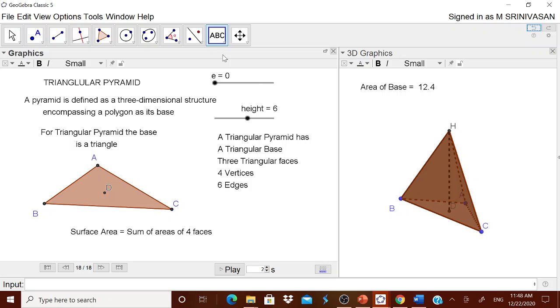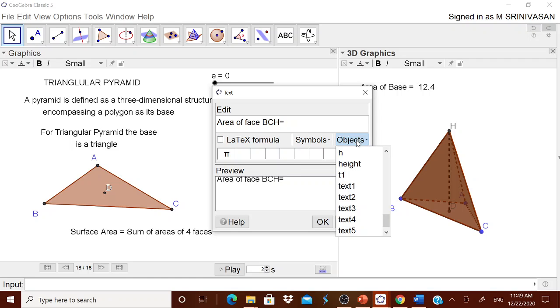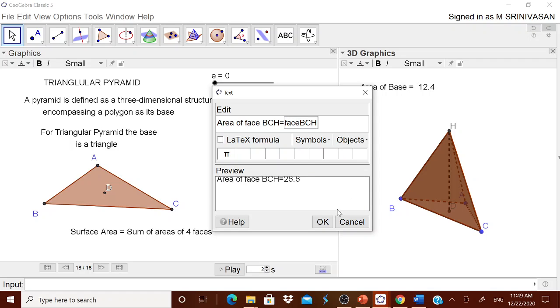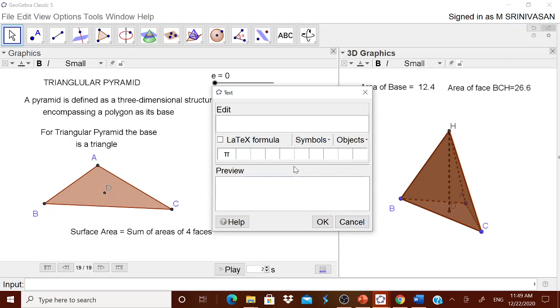Let us go for the area of the face now. Here go to this and then area of face BCH is equal to, now here in the object you just come down here, you see face BCH, that's all, 26.6. No need to go anywhere, automatically you will get it. Highly fantastic. Therefore you will get ACH